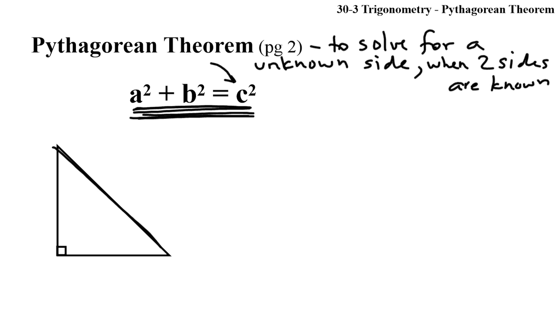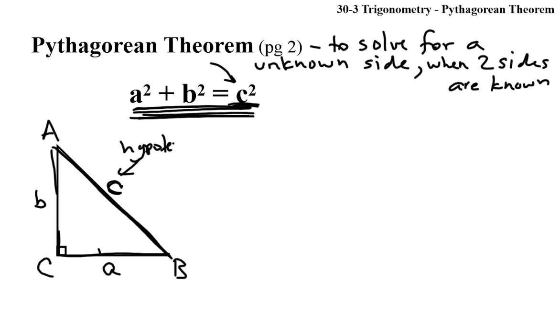So the longest side across from the 90 in this case is C. This has to be labeled C because it's the longest side. And across from side C would be angle C. The other two sides are A and B. They don't matter which is which. Across from side A would be angle A. Across from side B would be angle B. So there would be our labeling. A and B are interchangeable, but this must be C because in our formula, it always equals the hypotenuse when